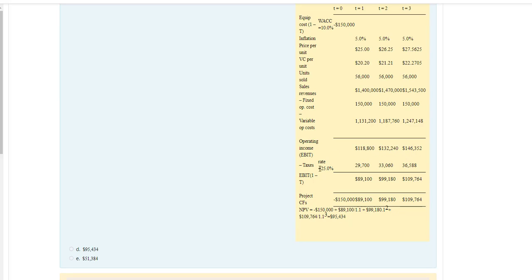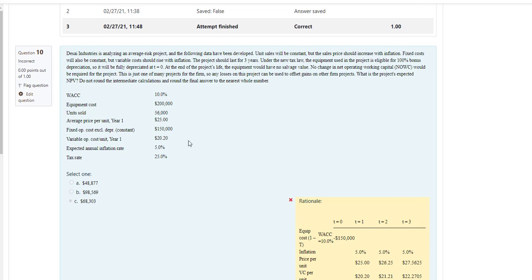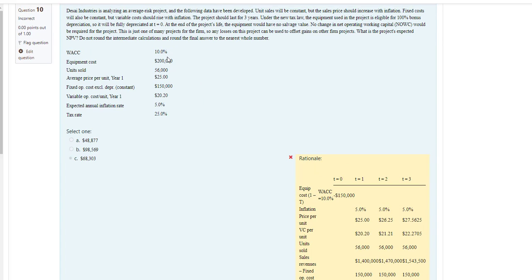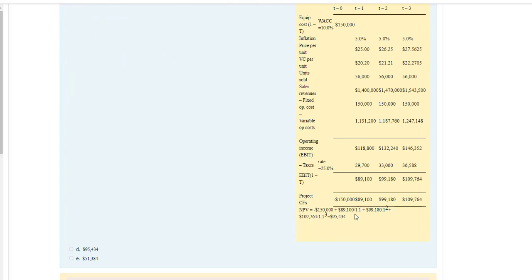Operating income minus your tax rate. So this is 25% of this. So this is $89,000. So we have the projected cash flows, the outflow of $150,000, and then these inflows, and then you're going to discount this. So this is a negative $150,000 plus the $189,100 discounted by 10%, right? Weighted average cost of capital 10%. So this is discounted by 1 plus R, which would be 1.1. So that's 1.1 plus the 99,180 discounted by